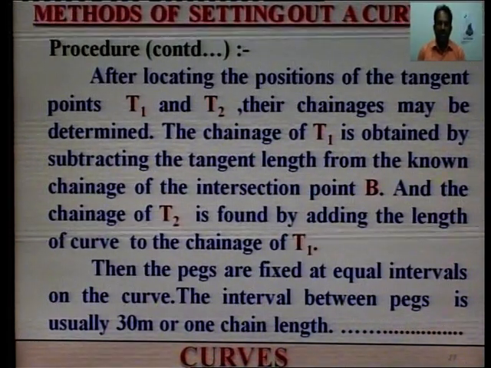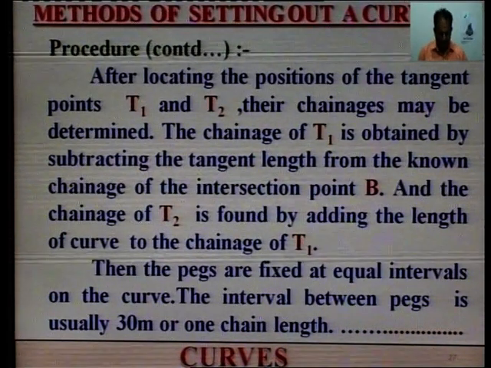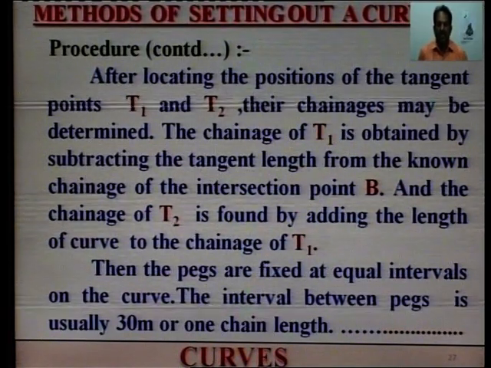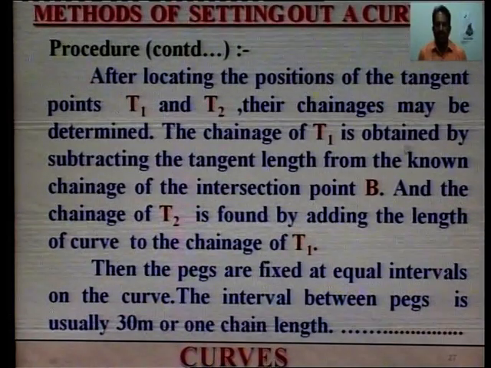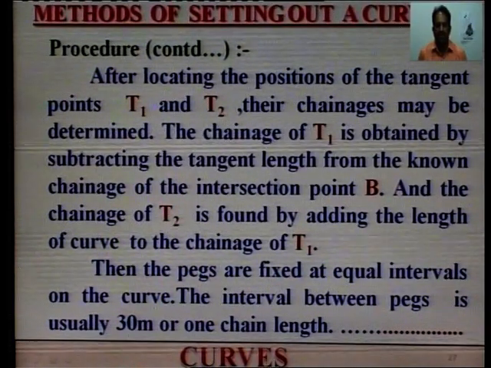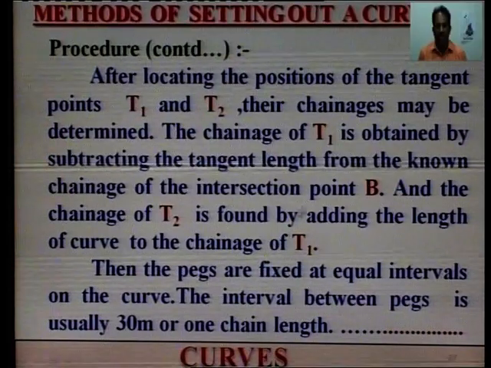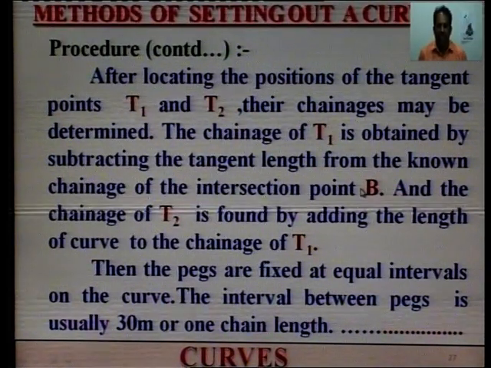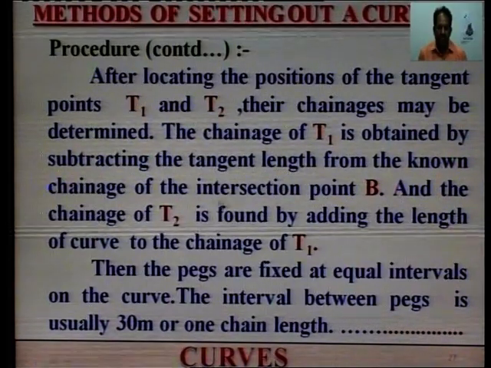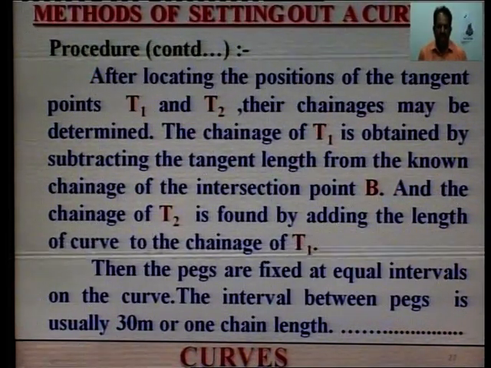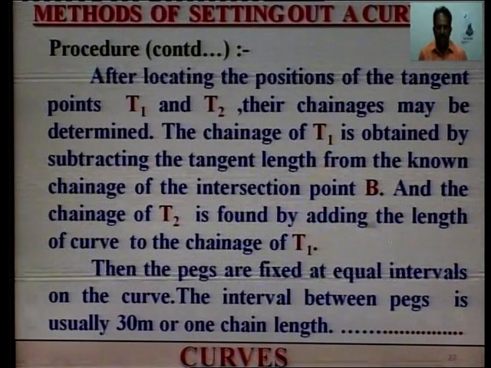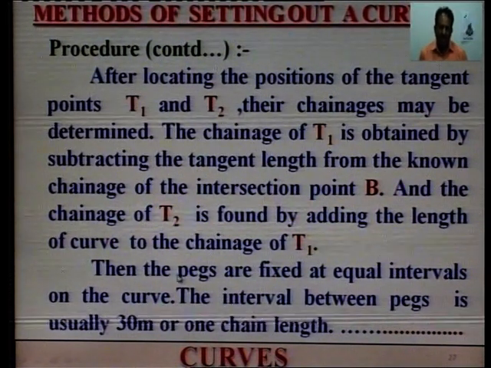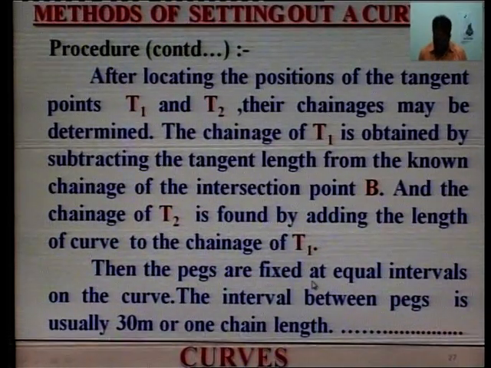After locating the positions of the tangent points T1 and T2, their chainages may be determined. The chainage of T1 is obtained by subtracting the tangent length from the known chainage of the intersection point. That is, we have the chainage of point B, and we can calculate the chainage of T1 by subtracting the tangent length from it, and the chainage of T2 is found by adding the length of curve to the chainage of T1. Then the pegs are fixed at equal intervals